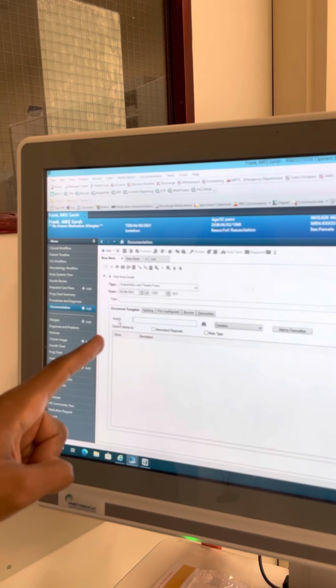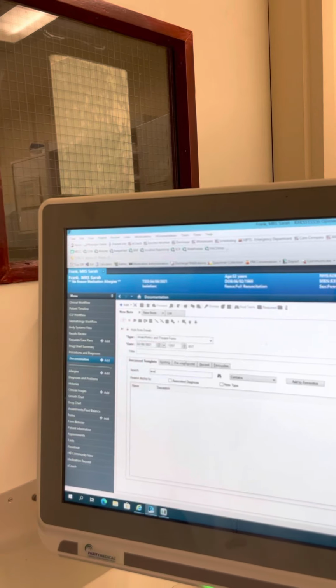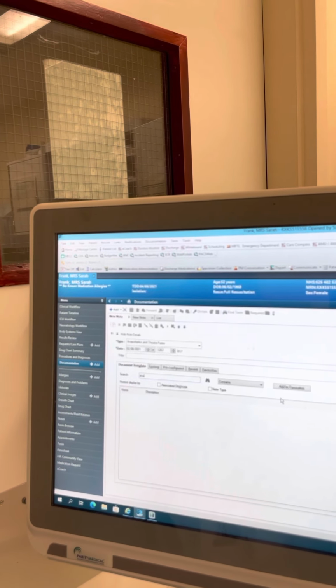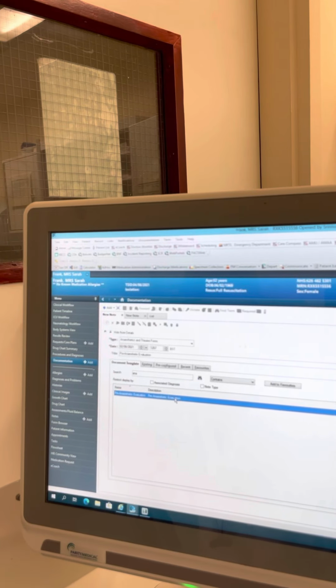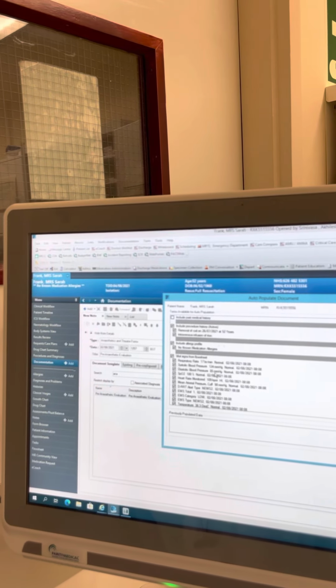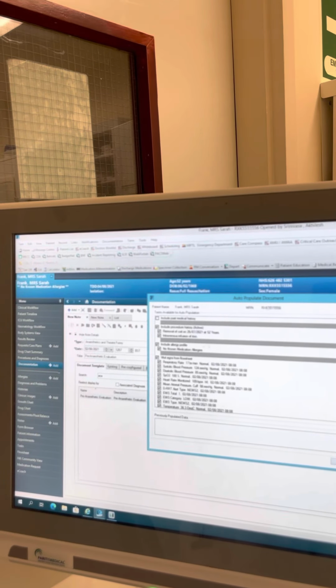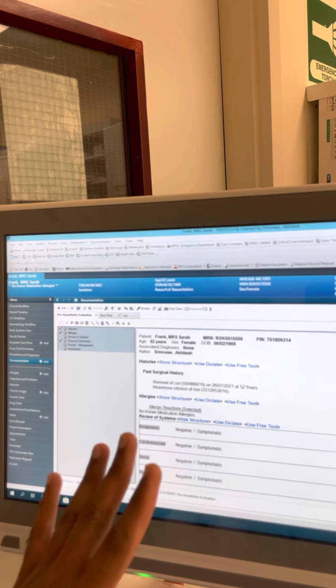Here in search, press ANA, and then press enter. And here is the pre-anesthetic evaluation. Double click on this. Then this page comes up, and if you just say OK here, you'll get a pre-filled anesthetic form.